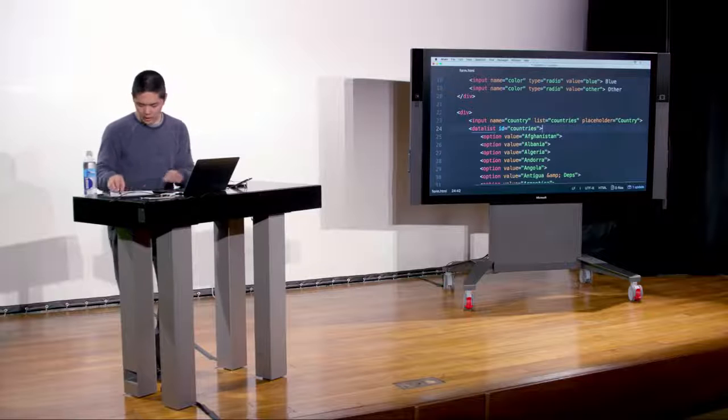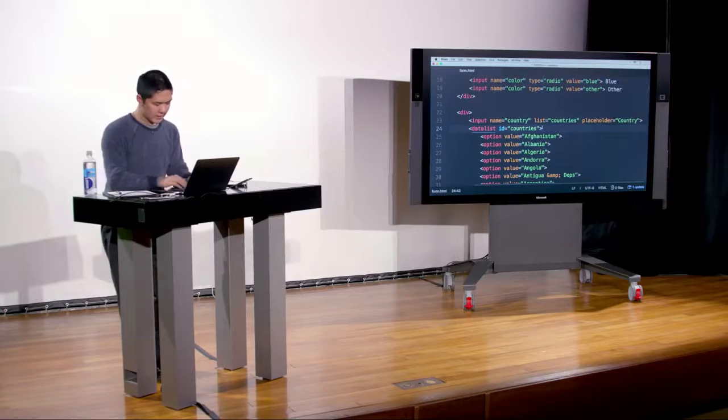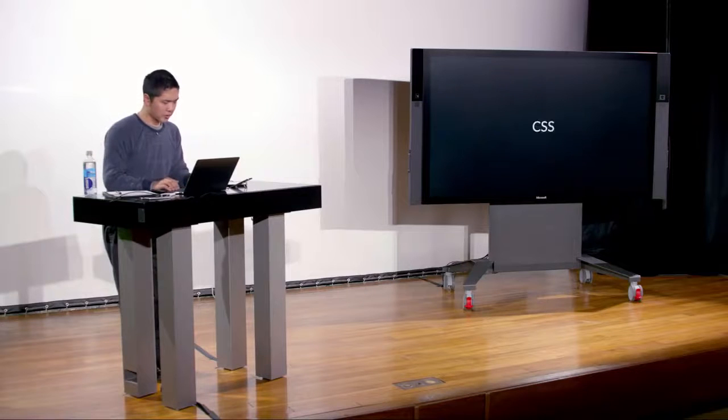We'll talk a little bit later in the course about how you might go about making sure that some of the features will work even on older browsers as well. But for the sake of Project Zero, I wouldn't worry too much about it. OK, so that's HTML. And now what I wanted to do was move on to talk a little bit more